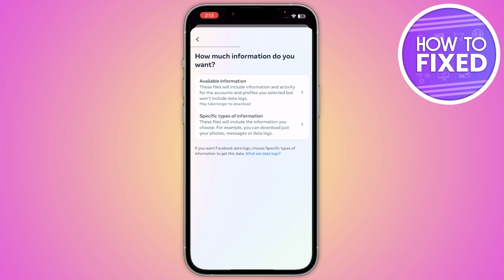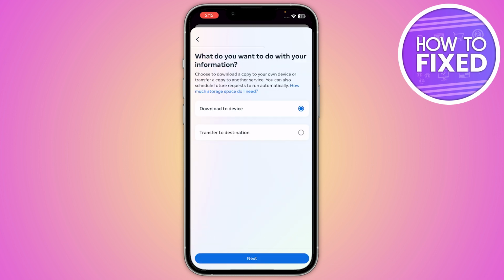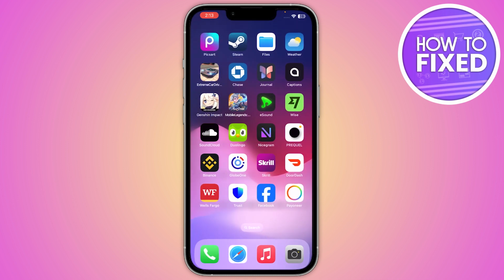available information or the specific type of information. You have to tap on it. Now from here you just have to select the messages and click on the next, and after that you are able to download the information to your device. Now from here you just have to create the files, and that's how you can recover the deleted messages into